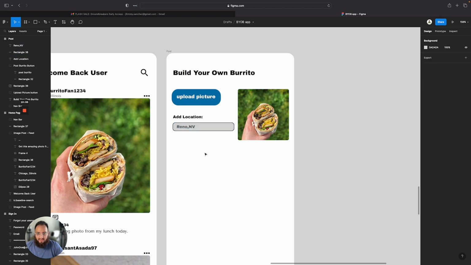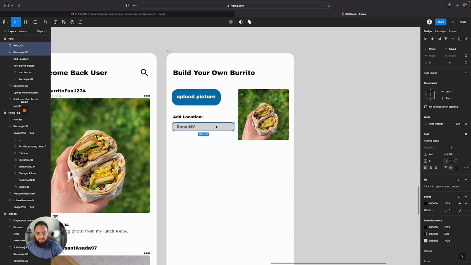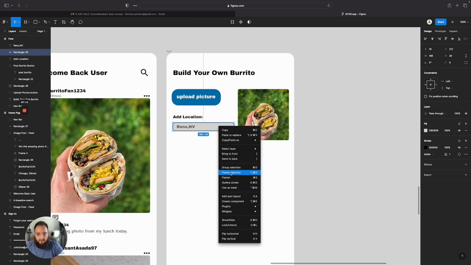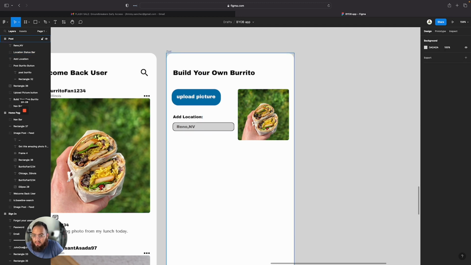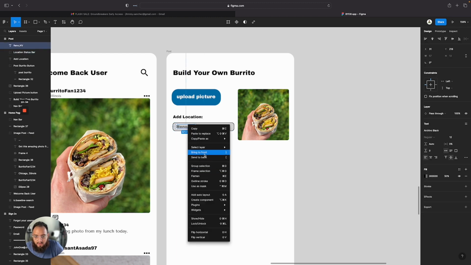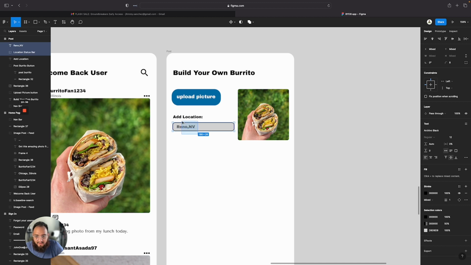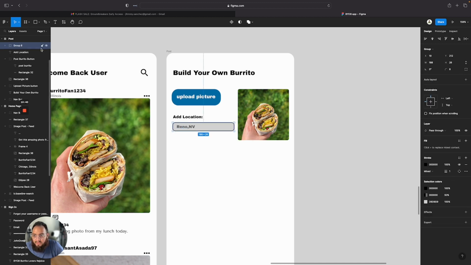Actually, I'm going to go back. And I'm just going to group these together so that when we move them, we're moving both of them. Alright, I'm going to group this selection, and we're going to call this group location status bar. That way when we move it, oh no. Let's go ahead and bring this to the front then, and then we're going to highlight both of them. And we're going to group the selection. And then we're going to call this